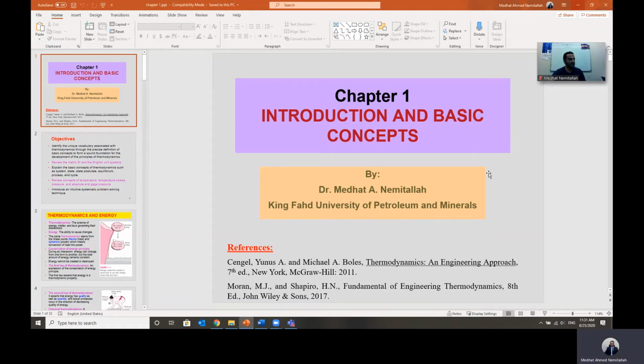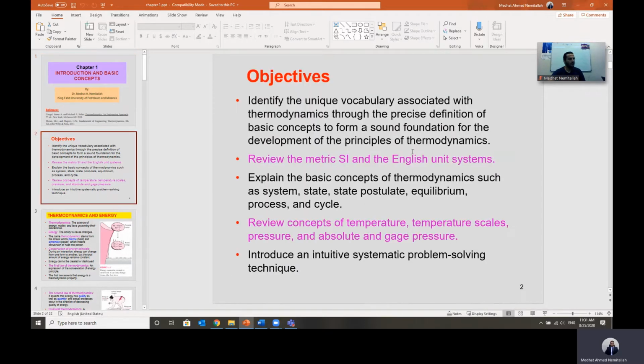So let's start this chapter, chapter 1, introduction and basic concepts. The objectives of this chapter is to identify the unique vocabulary associated with thermodynamics, like those vocabularies and some general definitions,